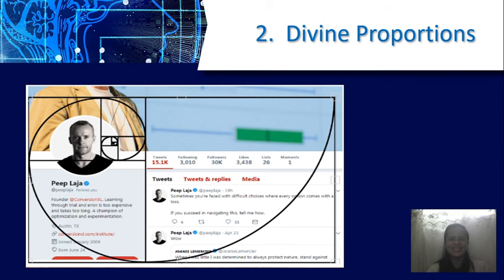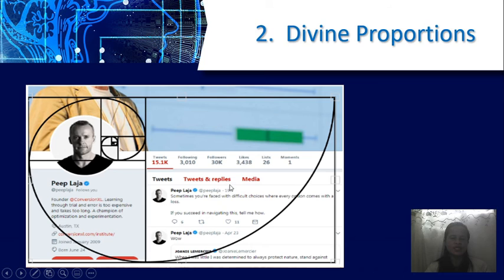Okay, so here is an example of a divine proportion website. It's from Twitter's account. On Twitter, the main goal is to tweet, to post. So that is the main content, the largest area, the main content, and this is the less important content, the information of the user.